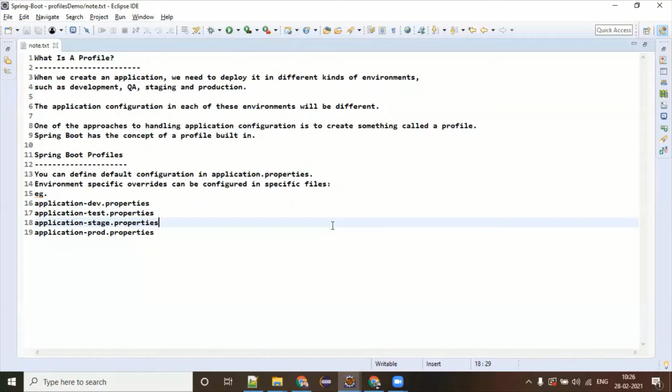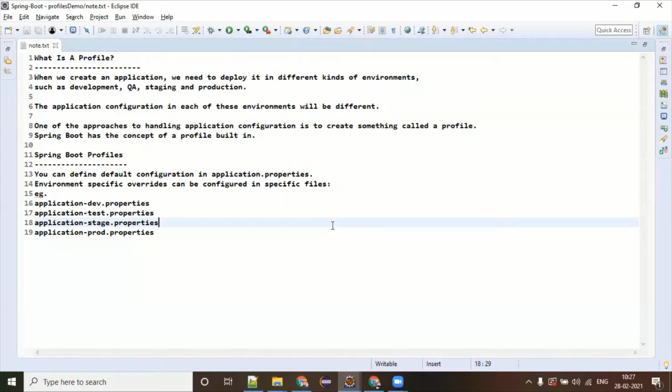In a typical scenario in a Java application, you have a properties file, and that properties file is updated for QA differently and for production differently. So you maintain the same properties file for different environments. But what Spring Boot profiling is saying is, hold on, don't do that.